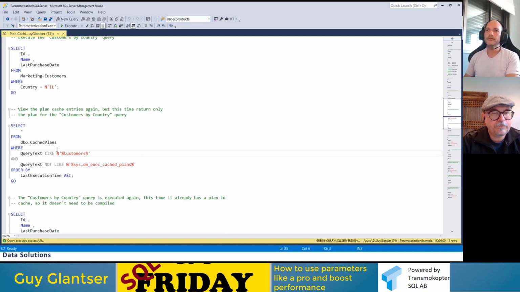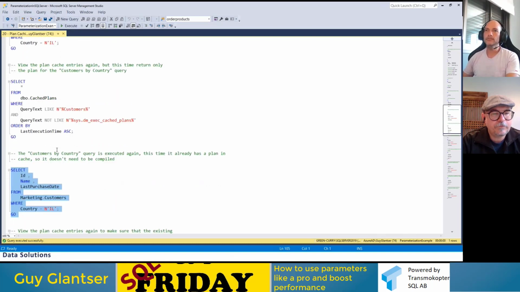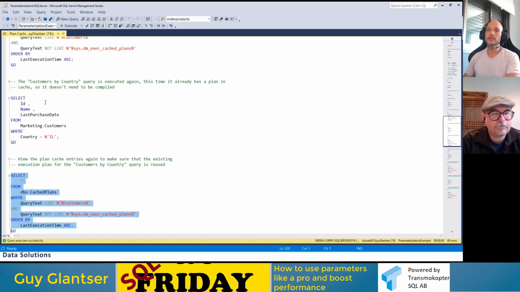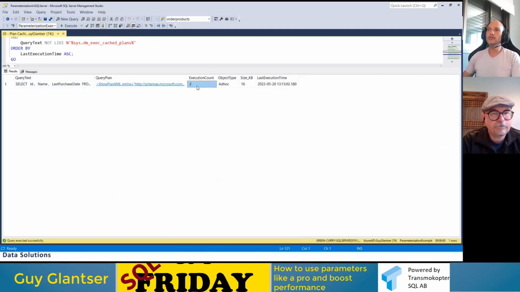What happens if I run the same query again? We look again in the plan cache. So now we get execution count 2. And this is great. SQL Server didn't have to compile a plan again. It verified there is a plan for this query in cache. It's valid. Let's reuse it right away. Okay, that's great.